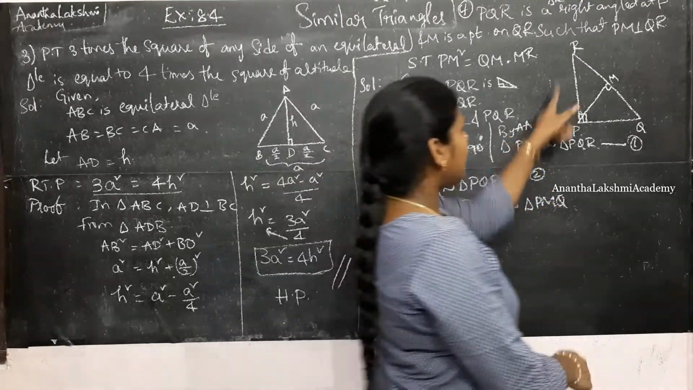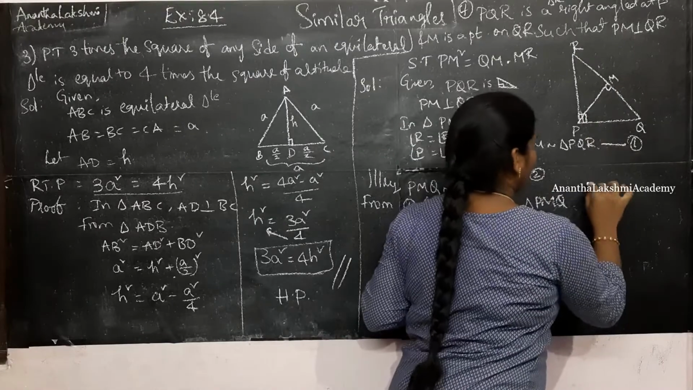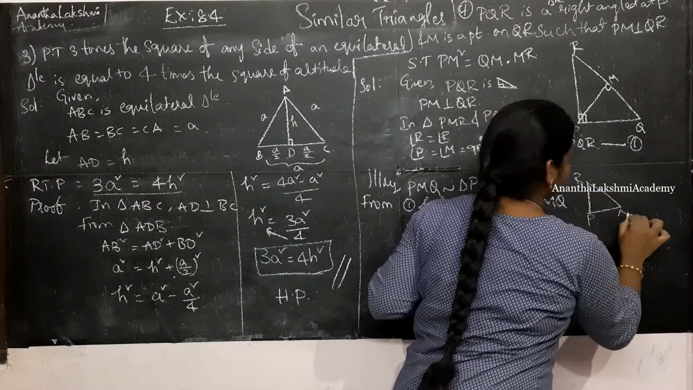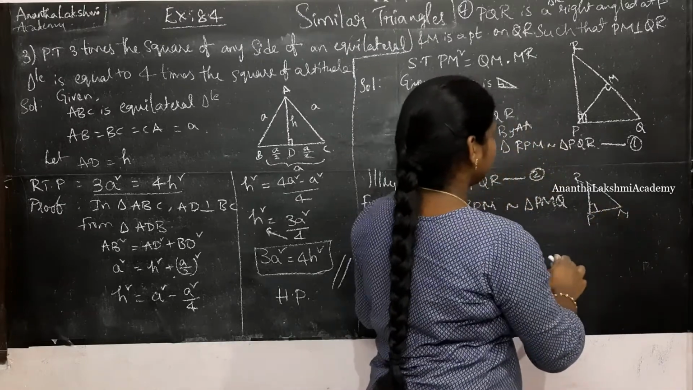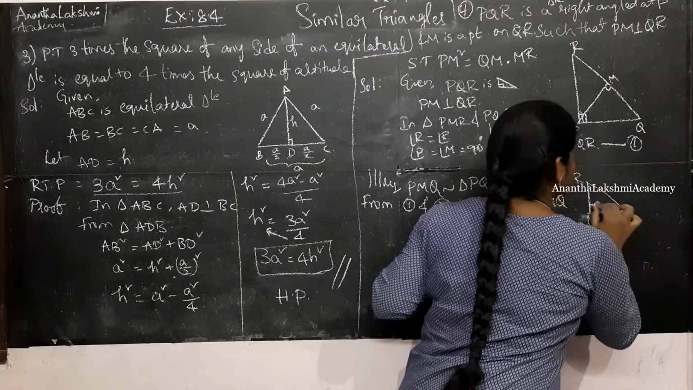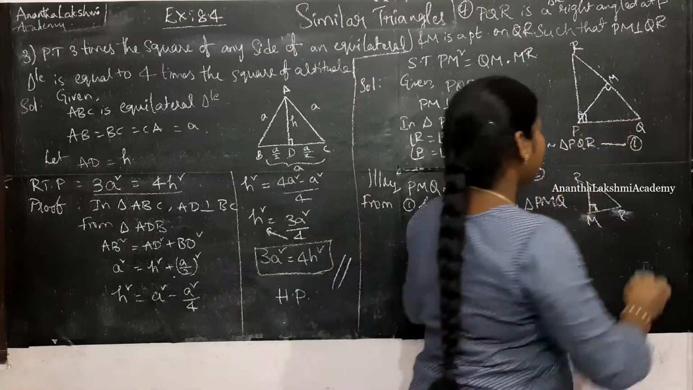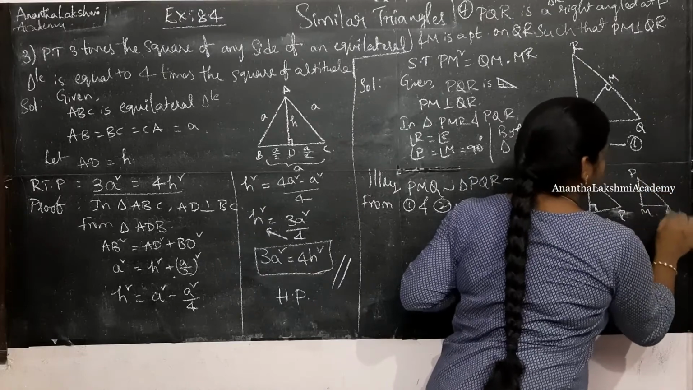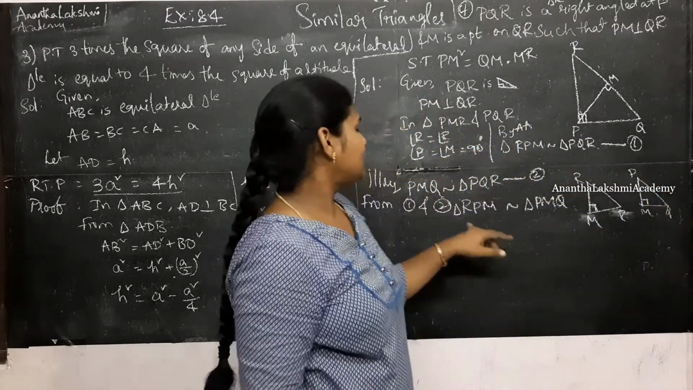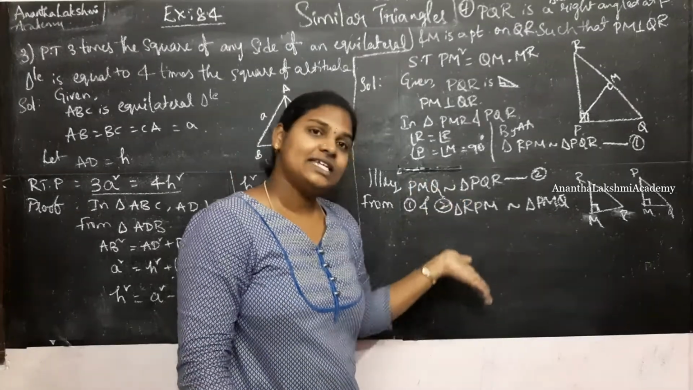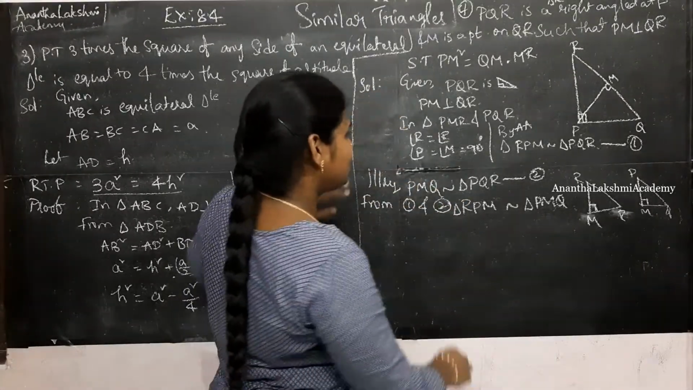RPM will be like this, where M is the right angle now. For PMQ, it will be like this, where M is the right angle. Now, since two triangles are similar, what happens? The sides ratio will be equal. So,